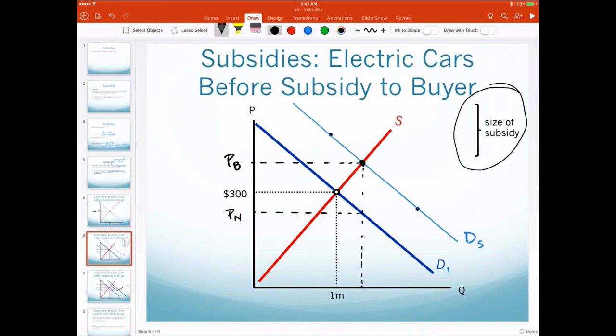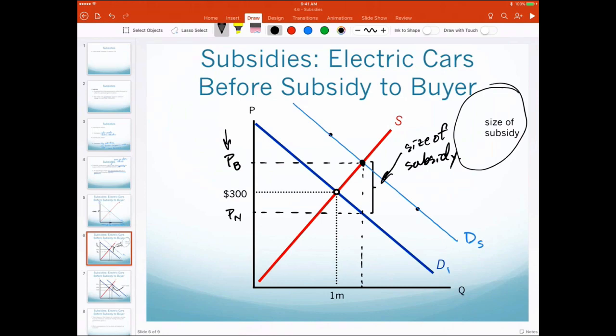Okay, so the size of this subsidy is the same as over here, right? Again, if I drag this over here, notice how the distance between there and there is the size of the subsidy, okay? So that means the new price is here at a higher price, right? But the fact that buyers get this difference, from here to here, this is the size of the subsidy that the buyers get, okay? All right, so this is size of subsidy.